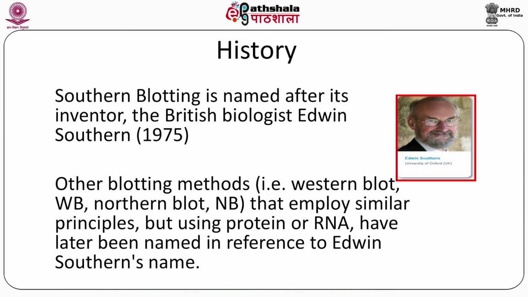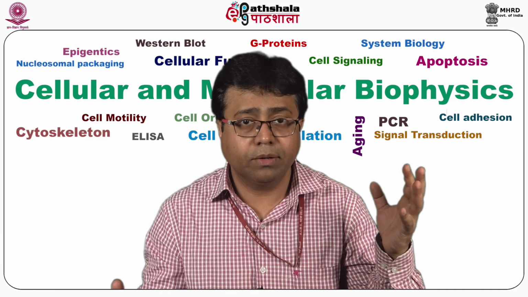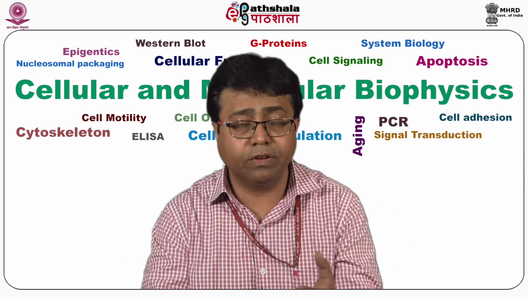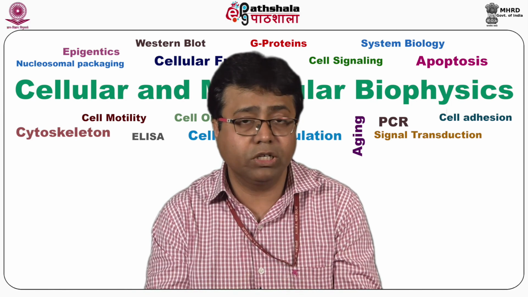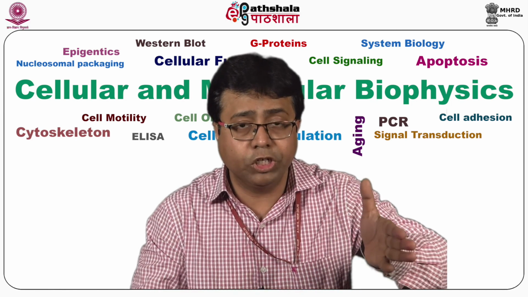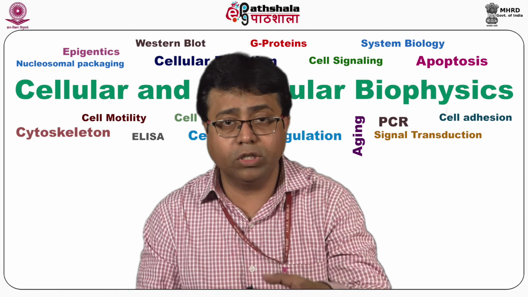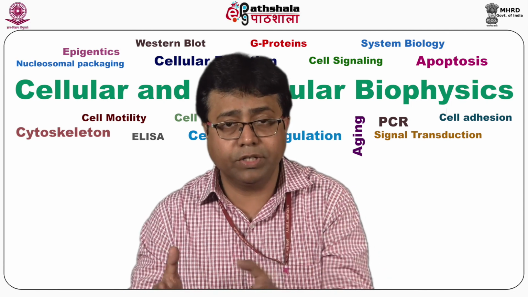a very similar molecule like RNA, why can it not be done? So, they did the same thing: electrophoresis, then transfer to a membrane, and then probed it with a complementary labeled sequence to find the region of interest, and they found that it also works for RNA. Then people did it with antibodies using proteins, and they found that it also works for proteins. So, in order to keep some kind of pattern within the name, because Edwin Southern discovered it in 1975, people used it to keep an analogy with his name. So, Southern blot is for DNA, Northern blot is for RNA, and Western blot is for proteins.